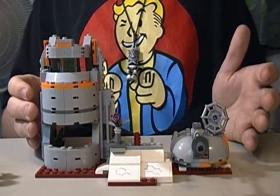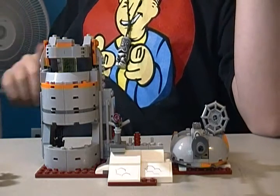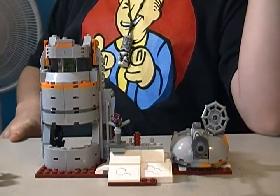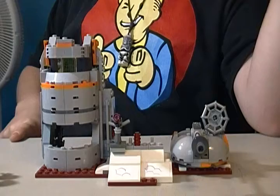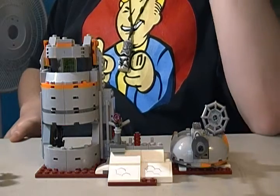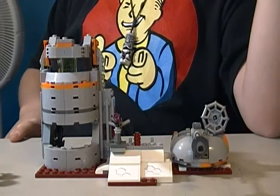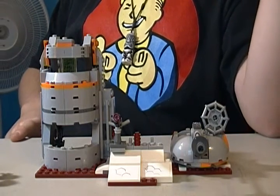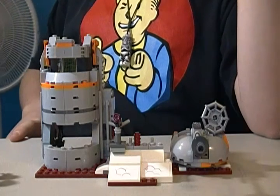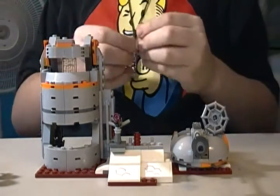The last set I had a missing piece on is actually the newer droid gunship, which I believe was a 2018 or 2017 version. But that was because I bought it off of eBay. It said it wasn't opened, and it was only like 15 bucks on eBay, with like 10 bucks shipping, so a total of $25. And it said it wasn't open, so I was like, okay, but the way the guy worded it, it made it sound like he used it. The set was opened, but it wasn't built. None of the packaging was open, just the